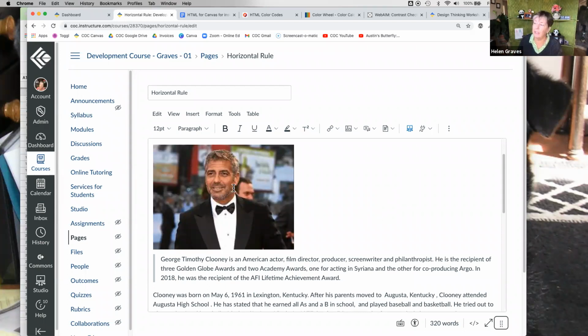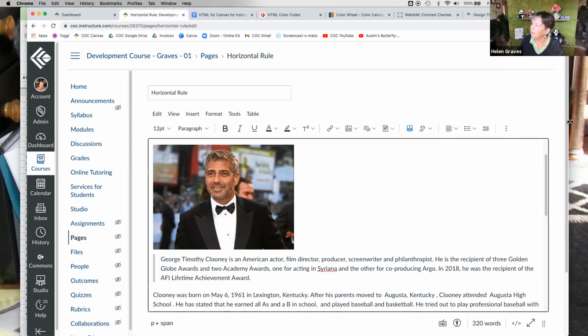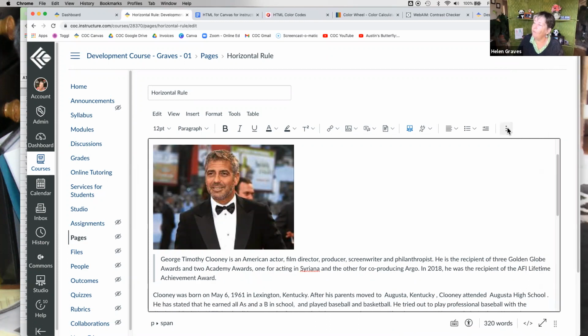The way to do that is to select the image by putting your cursor on it, coming up to the align option in the rich content editor. And if something isn't showing, click the 3 little dots and it'll be in the rest of it. It just means the width of your screen isn't wide enough to show the entire line.